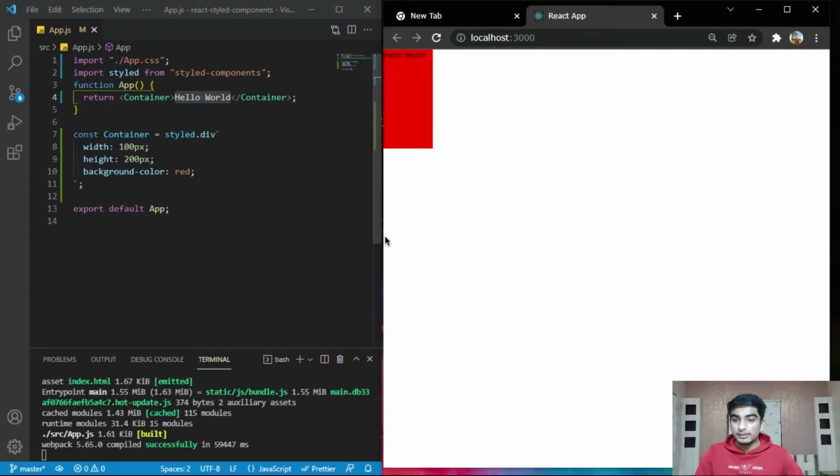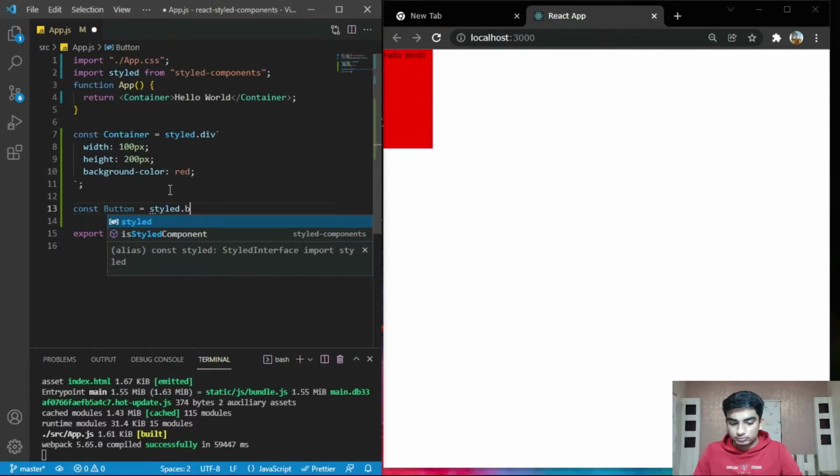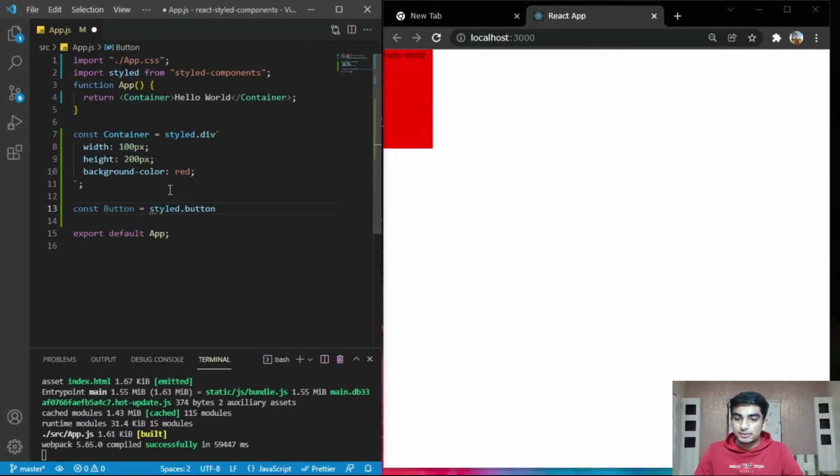Now similarly here we are going to create a button component. So for that, just apply here const Button, create a button with styled.button, and then backticks.